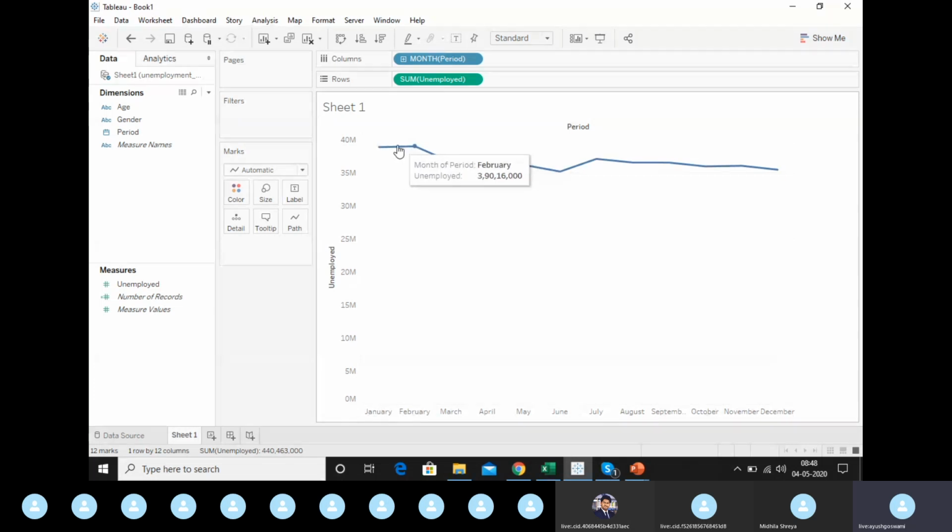So you are able to see in January, when you are hovering, the tooltip is showing information for January, right? For all the Januaries, it has summed up the value. But while you do this, there is no practical usage of it in analysis. When a statistical analysis is performed over such a data set, why would someone want to see the unemployed rate in a particular month or something, right?